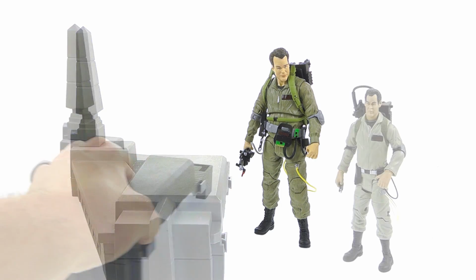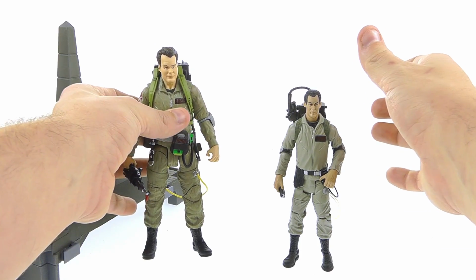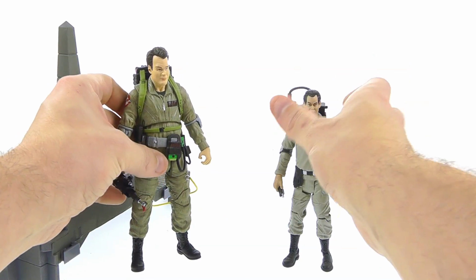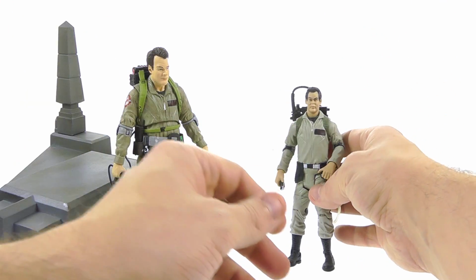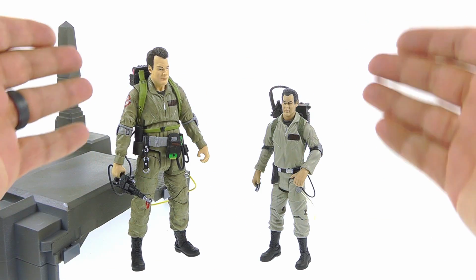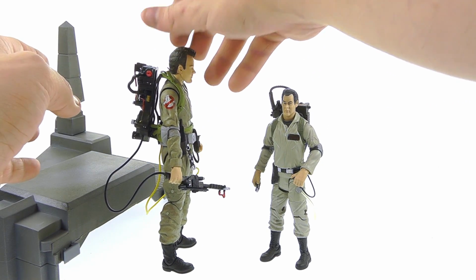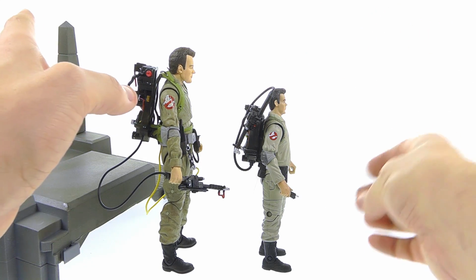And for comparison, here we have the Mattel Collector version, which, again, Mattel Collector really mishandled that whole line, but I think they did a pretty good job on the figures as well. At least you can get the neutrino wand to stay on the backpack. But in general, this looks pretty good, but you can definitely see that the detail has been really put into these new figures. It definitely has a much better aesthetic than the Mattel Collector one. But that being said,